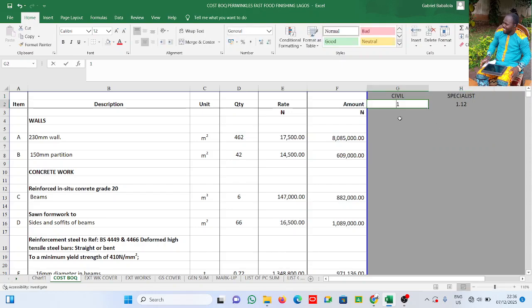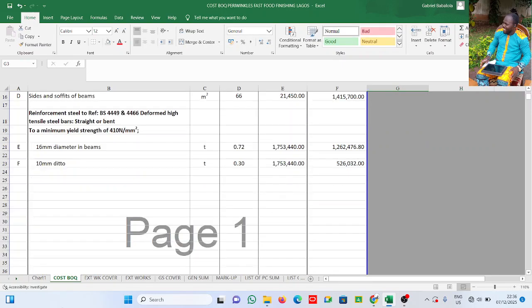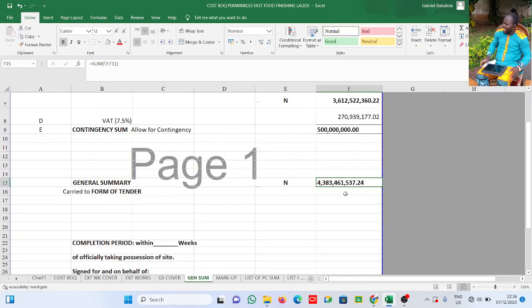I come back here, 1.3. Alright, now let me come back here. I've done everything I need to do here. This was 3 point something before, say 3.9. Now having marked it up, having added profit and overhead, it is now 4.3. Now it is easier for your company to know that, okay, this is 3.9,